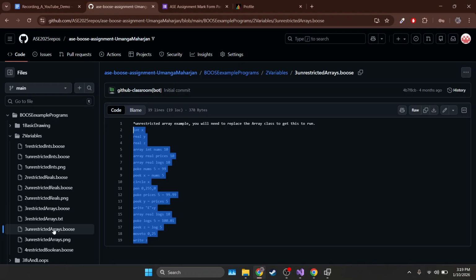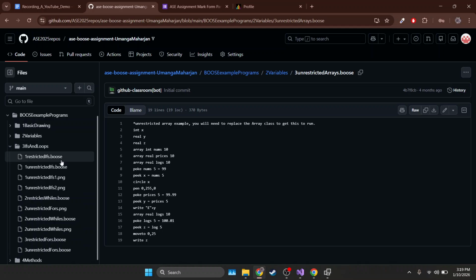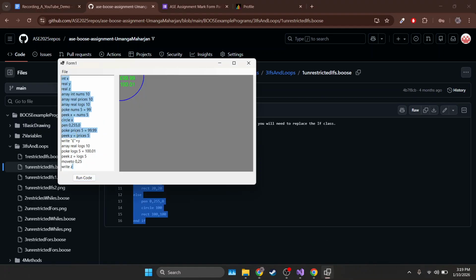So if I run unrestricted if, run this, this is the output number 1 as expected, and for the output number 2, which is this one,